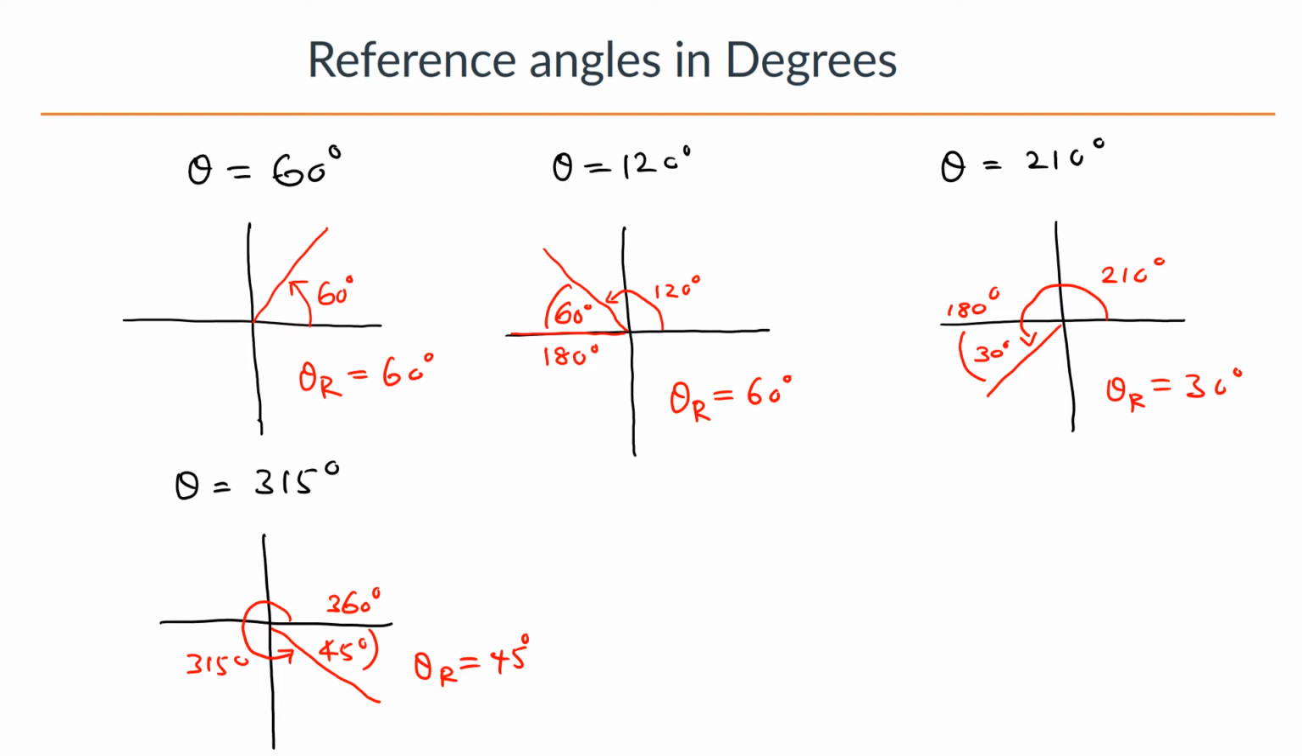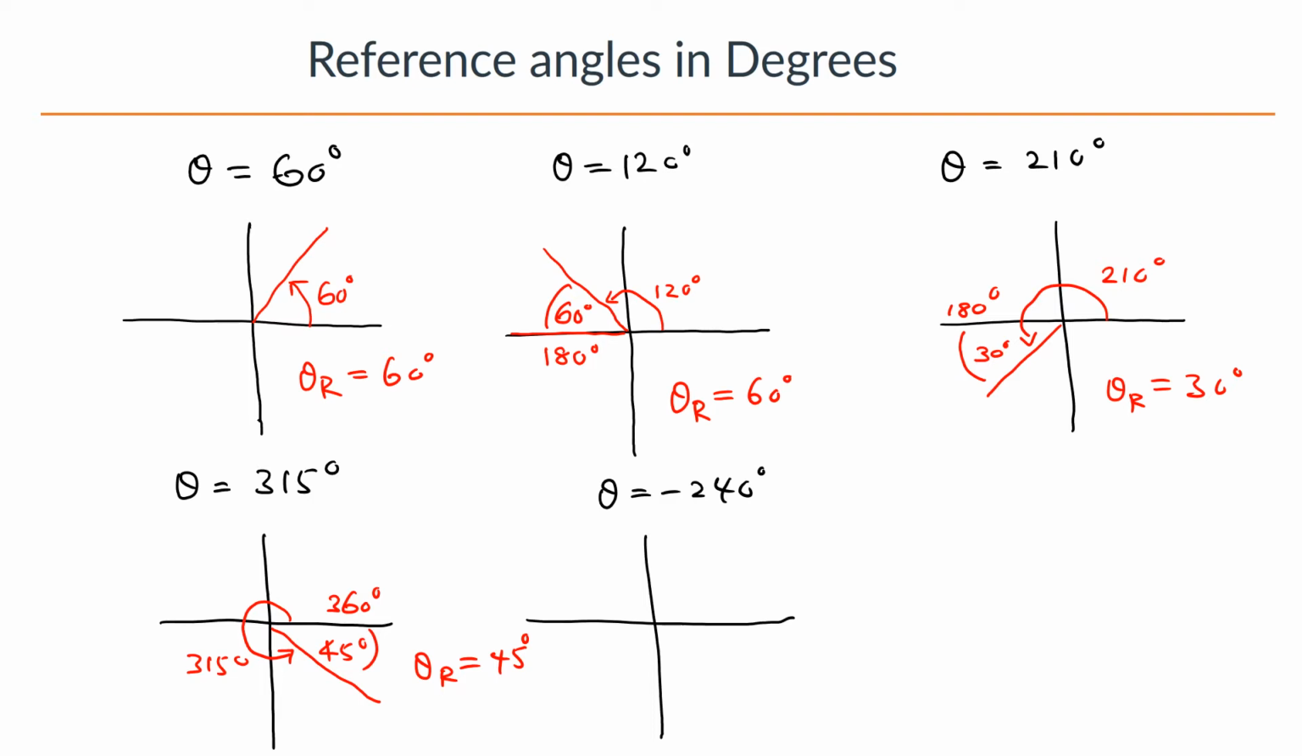Next, let's look at a negative angle. How about theta equal negative 240? So this is a negative angle. That means it's going to go in the clockwise direction. So it is 240, which is